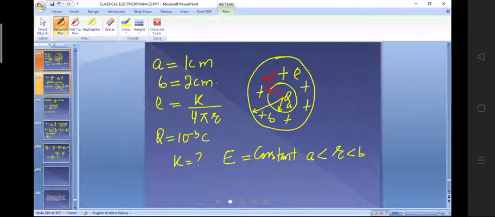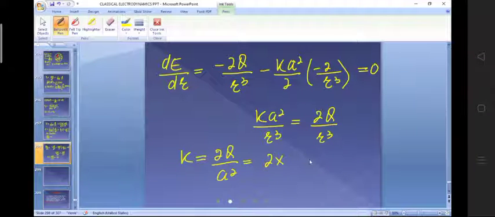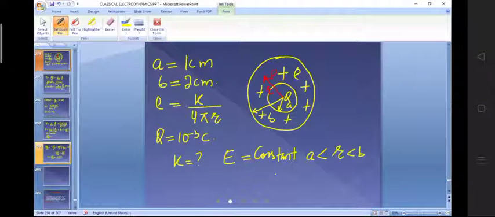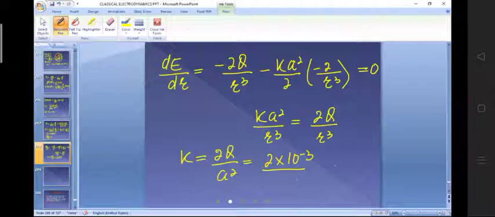What is the value of q? So q value is equal to 10 to the power minus 3. So here I am going to write it. It is equal to 10 to the power minus 3 divided by, then the a is also given to us. What is the value of a? A is equal to 1 centimeter, that is 10 to the power minus 2 meters. So here it will come 10 to the power minus 4. So it is in turn equal to 2 into 10 to the power 1, so that's equal to 20. So the answer is simply 20.